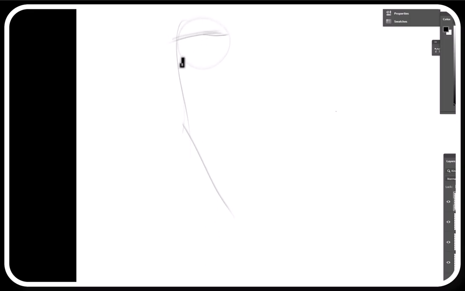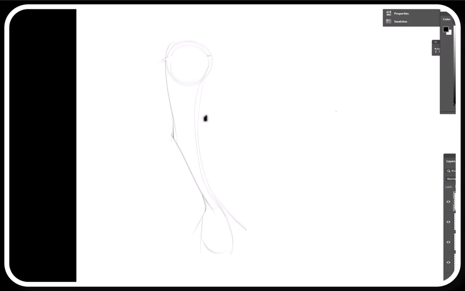So we're just going to do a quick profile sketch. For those that are familiar with my work, I always like to start off with a very loose gesture, just to block in the main direction of what we're sketching, and also to get the overall rhythm. Erase that. So here I'm using my soft sketch brush,